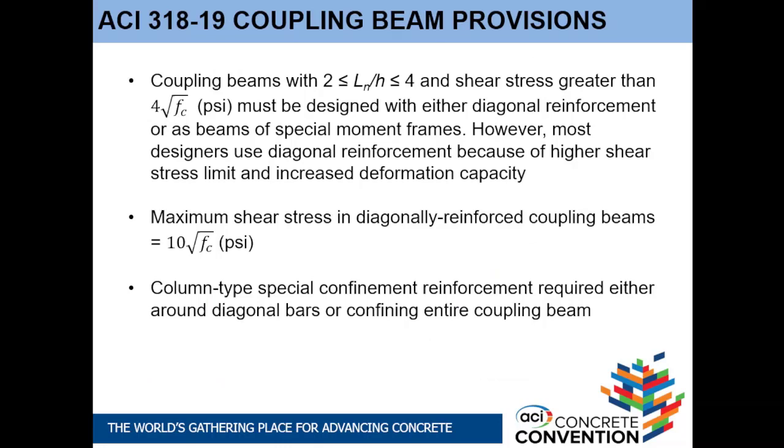Now, in terms of the ACI 318 provisions for design of coupling beams, there are various conditions, but the one that is of interest to us in this presentation is when we're dealing with coupling beams which have an aspect ratio, or span to depth ratio, between 2 and 4. Most coupling beams in the United States fall within this category for medium to high-rise buildings designed in the past 20 years or so. If you fall into this category, then you have two options in the ACI code. Either you design the coupling beam with diagonal reinforcement designed to resist the calculated shear demand, and that comes with very heavy amounts of transverse steel to confine either the diagonal reinforcement cages or the whole coupling beam. Or you